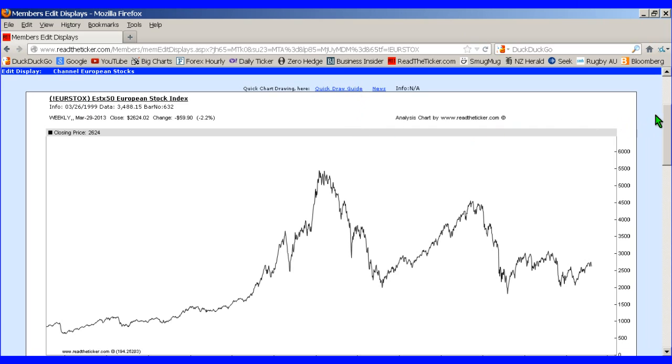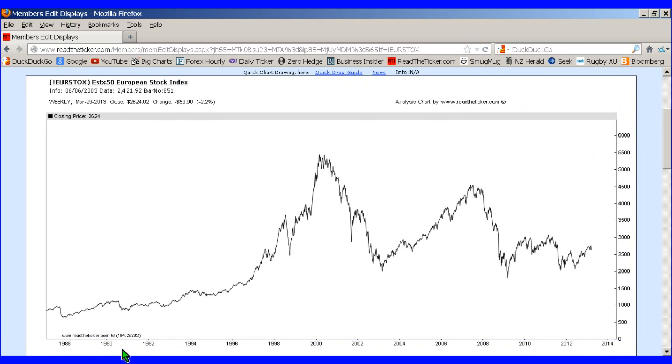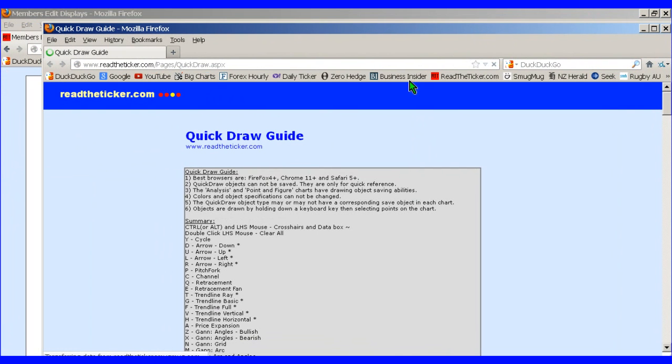Here we're looking at the European Stock Index Best 50. The data goes from 1987 to the current time. The more data you have going back, the better it is. Now we can use our quick draw tools to get a feel of the chart. For example, a quick draw guide here,